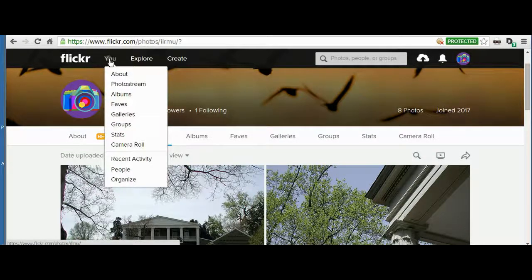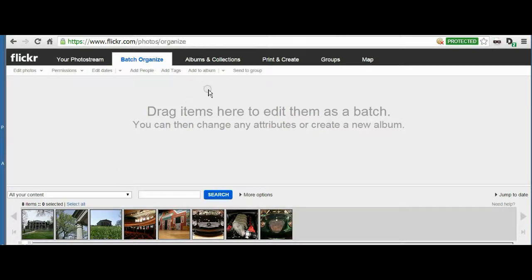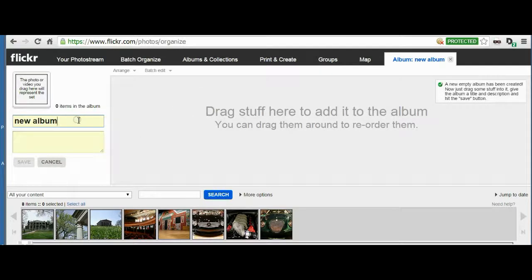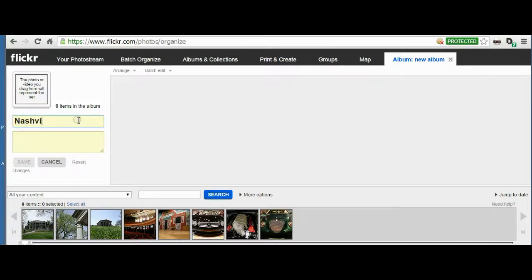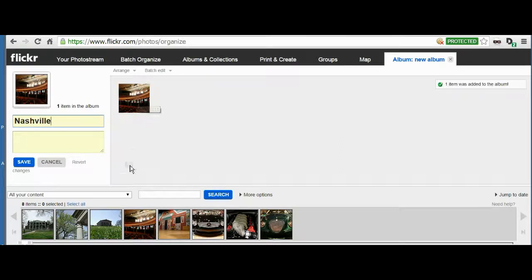Now we know where to go. We go up to the icon. We want to organize. We could add to an existing album, or we can create a new one. And now the name is Nashville. And I like the Grand Ole Opry. Very interesting place. Not sure what these buildings are, but